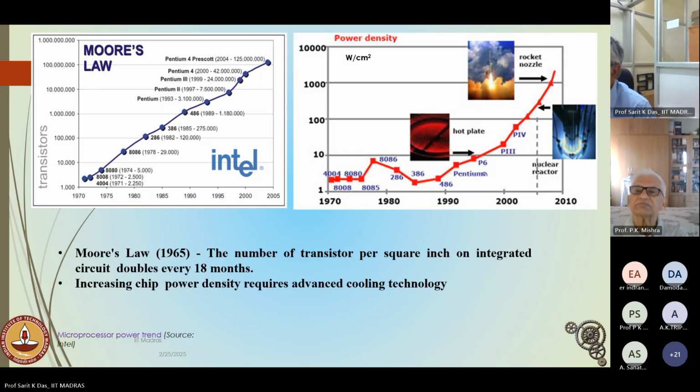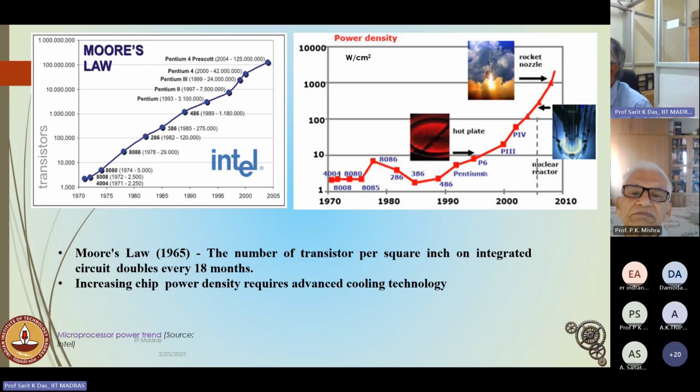The reason being that the equipment becomes so small that the heat generation and thermal fluctuations are trying to disrupt the activities of the chips. And hence, cooling of electronic equipment for the last 20 years or so has become a very, very important area. If we look at the same thing from a different angle, which is power density, not just the number of components, your chip may be taking 5 watts or 10 watts, but if you look at the rate at which the cross section is decreasing, now we have got 23 nanometer, 19 nanometer, 18 nanometer devices,